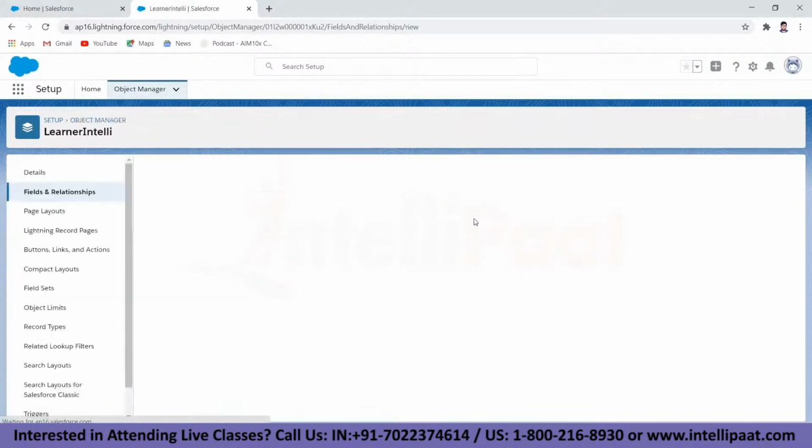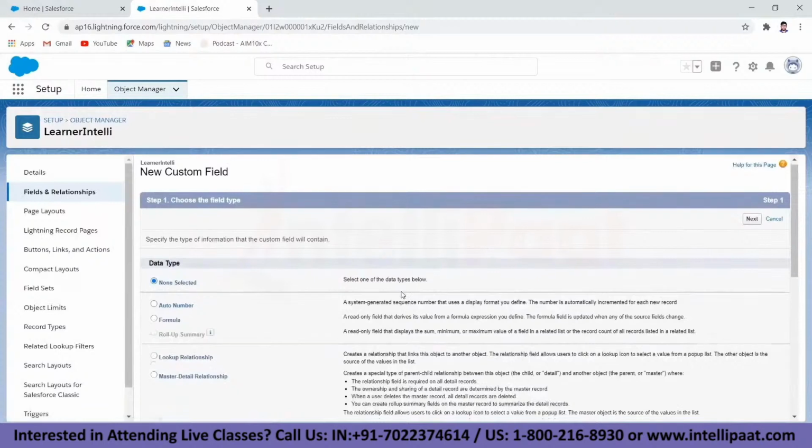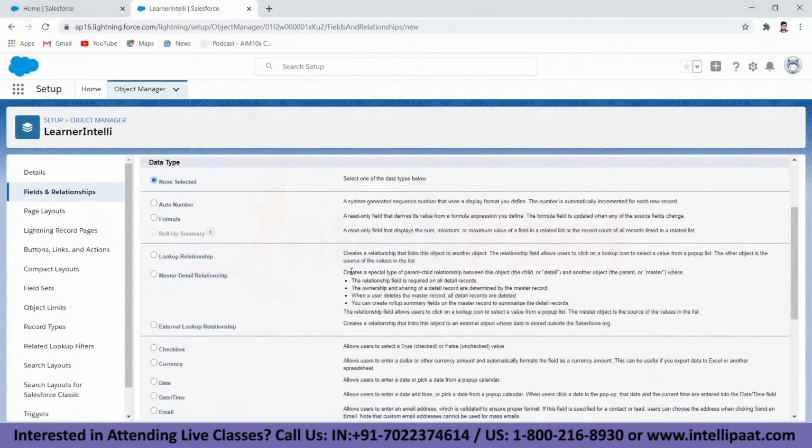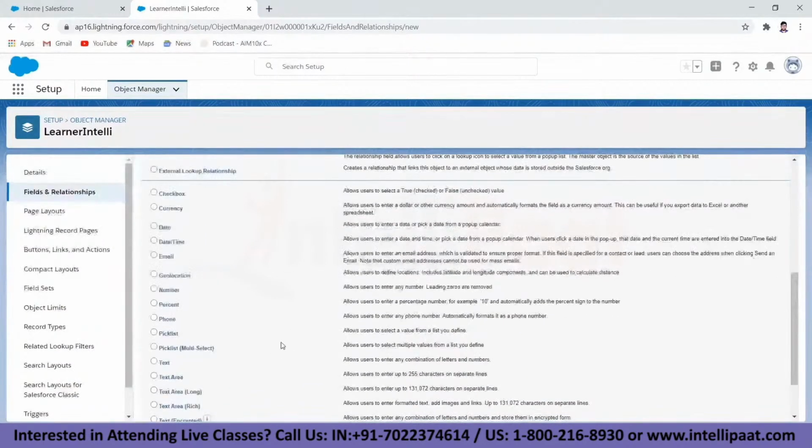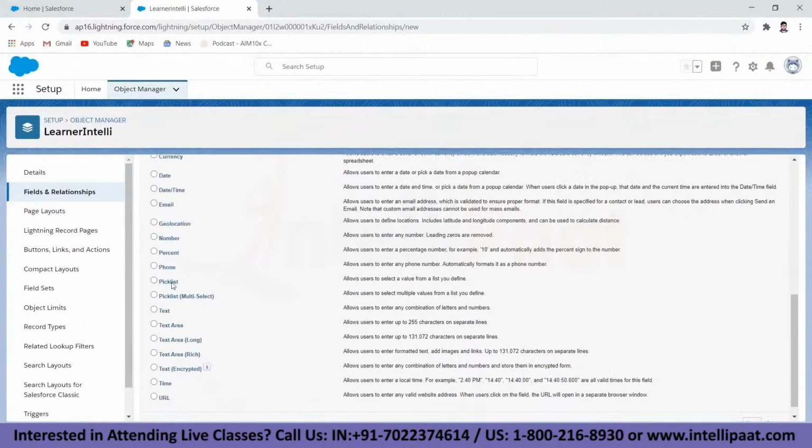So we're going to be creating a new field. From this section you can choose what kind of information this object will store, right? Every column which is there stores a certain kind of information. So what kind of information you want to store, you can decide there. It can be a date, number, currency, percentage, phone number, pick list. Pick list is basically when you want to give them options to choose from. You can have that, and you can have multi-select as well. You can have a text area. You can have different things based on that.